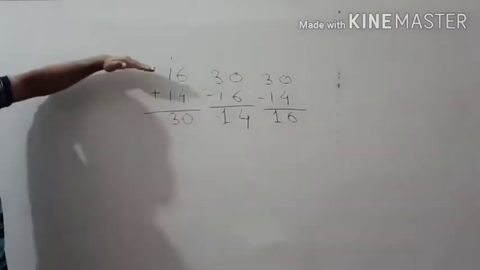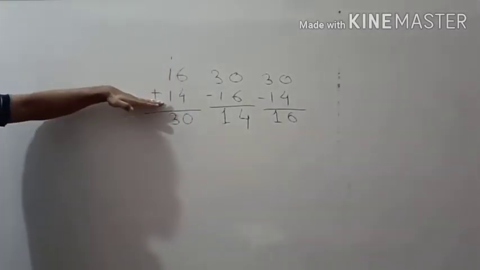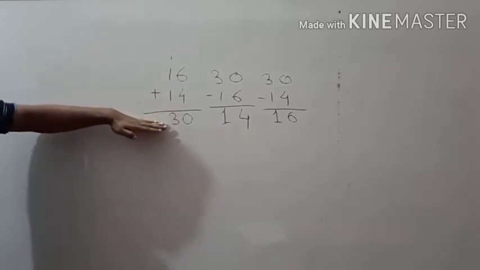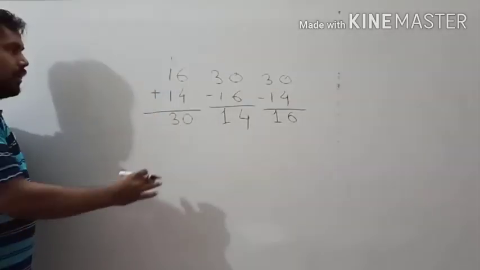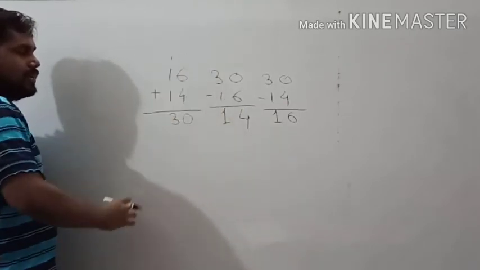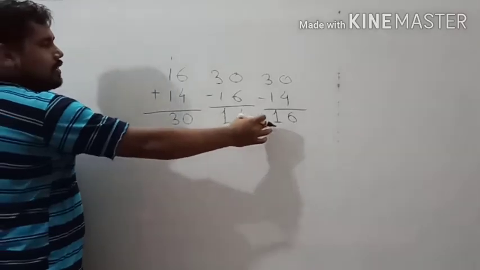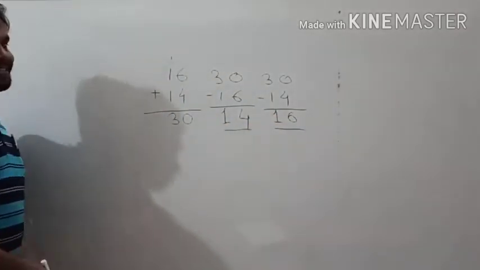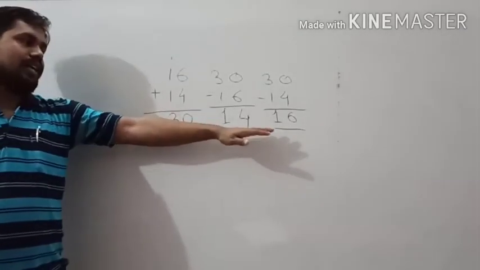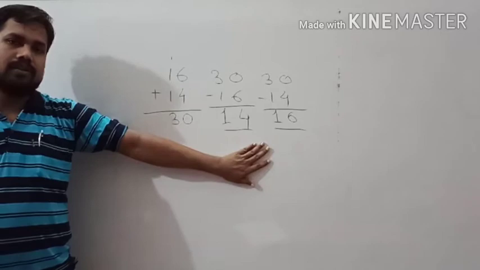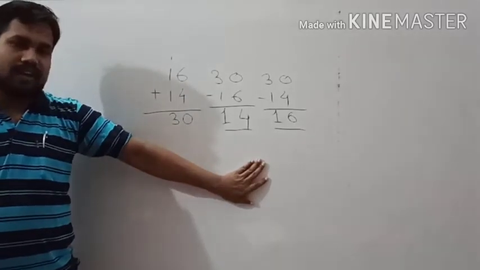Okay. So these are the numbers which we are adding. These are called addends, and this is the sum which we are getting. And now if you subtract any one of these addends from the sum, you are getting the other addend. So this is only the verification of the addition. This is how you can verify: if the other number is coming, that means your addition is correct. This is how we verify addition.